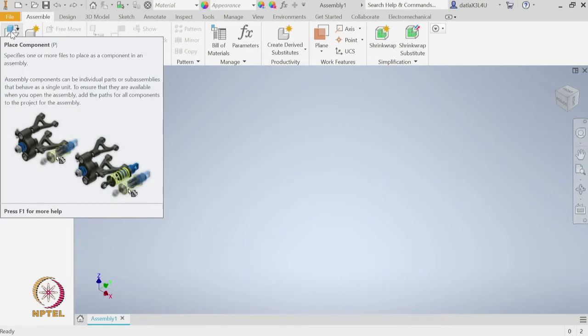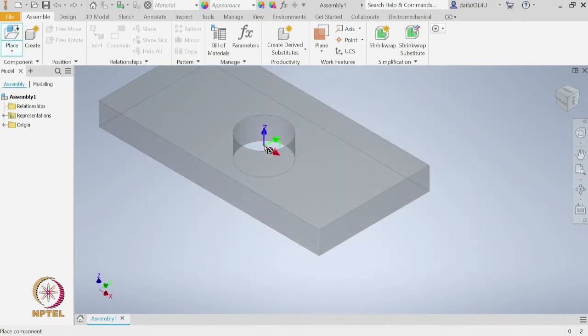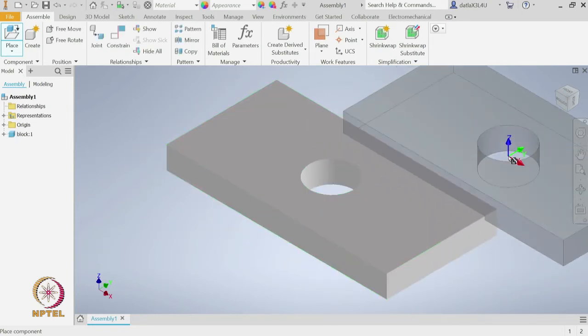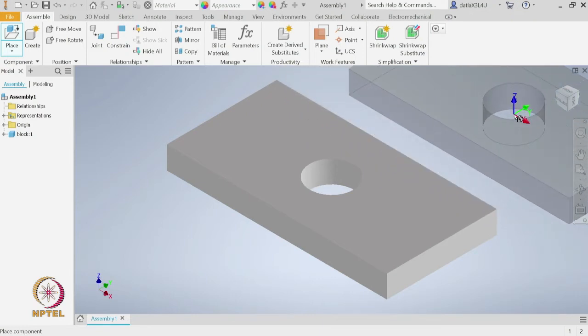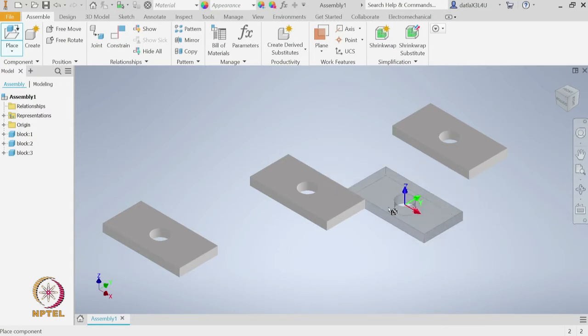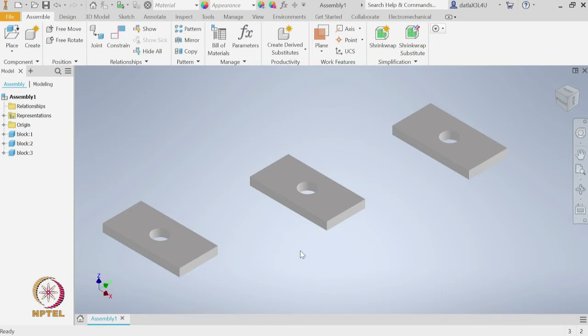Let us left click on the place tool, then it opens up this dialog box where we can select a part model. I will select this block. Now I can left click to place a model and I can continue to create more copies by doing more left clicks. Let us say now I will click here for the second, click one more time for the third, but if I only need 3 copies of it, I right click and then say OK. So, what we are doing is bringing in one component and making multiple copies of it.